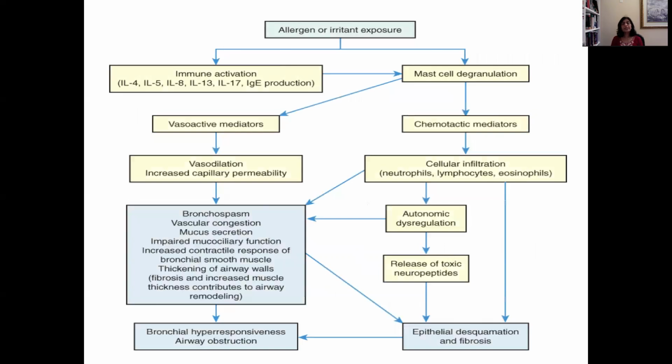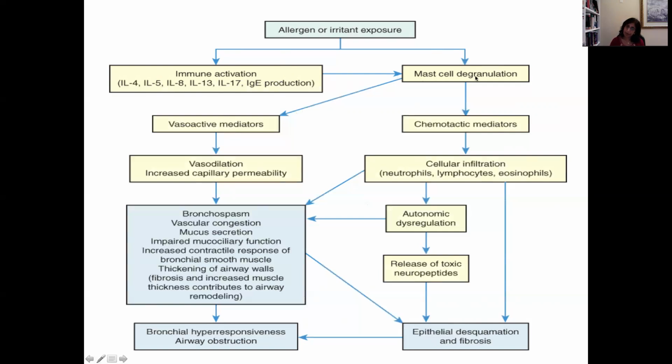Okay, so the same thing is summarized here. Allergen or irritant exposure, immune activation. As I mentioned, there are a number of interleukin secreted in response to CD4 activation. All right, mast cell degranulation, which releases IL-4, IL-5, B cell activation ultimately may be the cause of IgE production and mast cell degranulation in that manner,